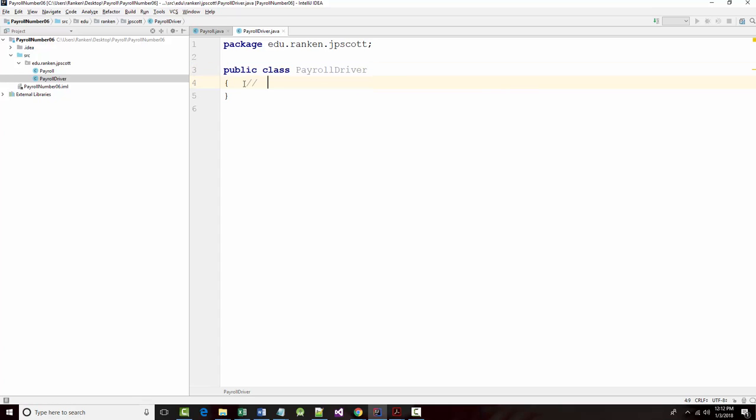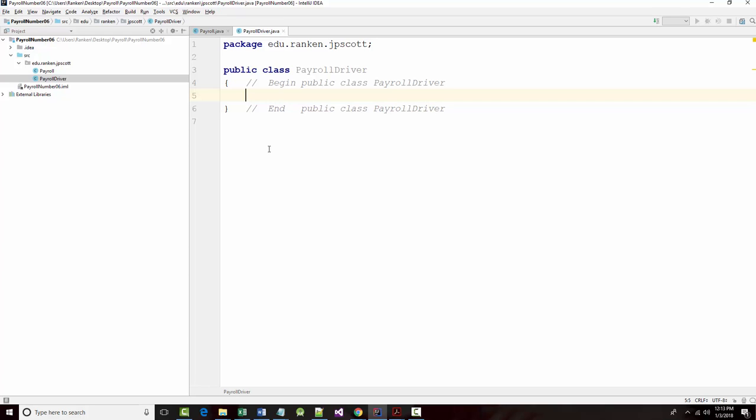Jeff Scott of Rankin Technical College, and I've been going over, in my own way, a payroll program to try to show several payroll programs, the iterations of the same program, to try to show some Java fundamentals based, at least loosely, off of our PDF that we have, which is Gaddis's Java with Early Objects, 6th edition. And I wrote my first truly object-oriented program, and now I want to come in and I want to,